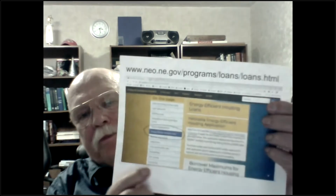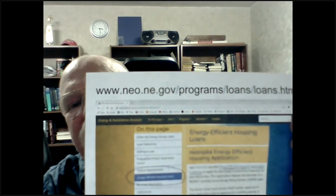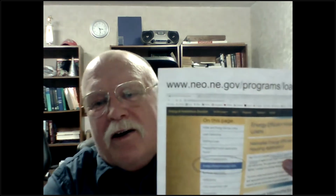neo.ne.gov/programs/loans/loans.html. And as you can see on here, we have energy efficient housing loans. Right here, there's energy efficient housing application guidelines, and those are guidelines we use in our energy efficient housing program. We offer a 1.5% interest reduction below current Freddie Mac rates on your long-term financing if you build to those